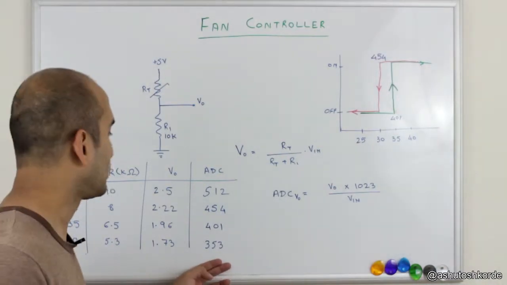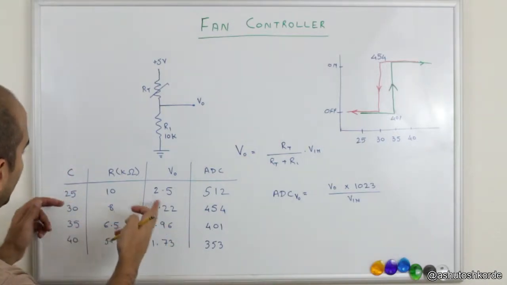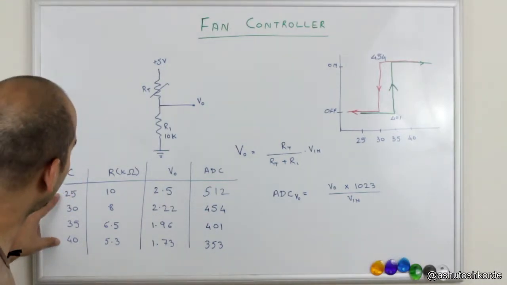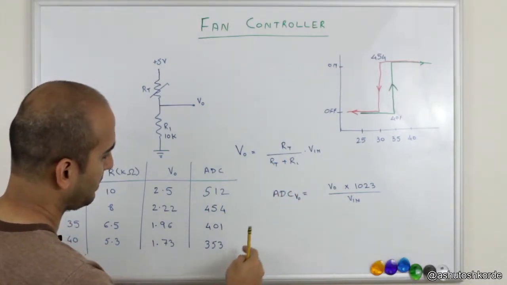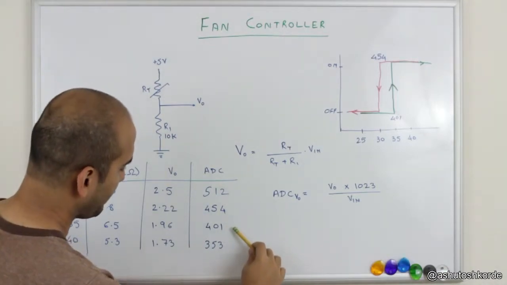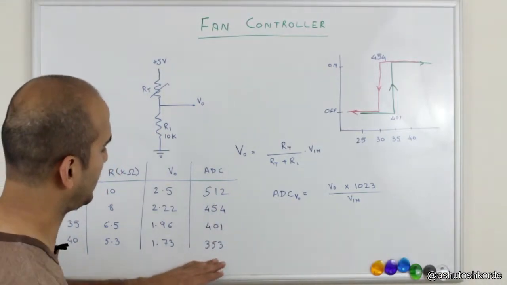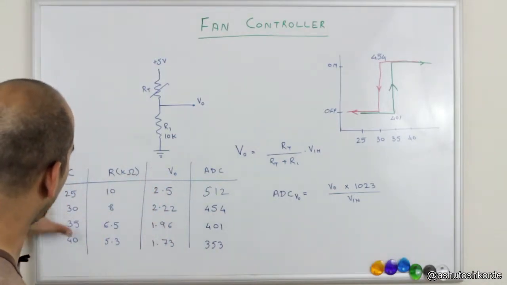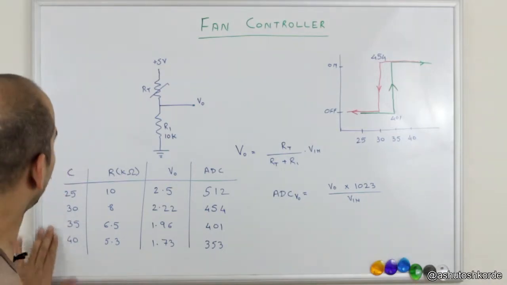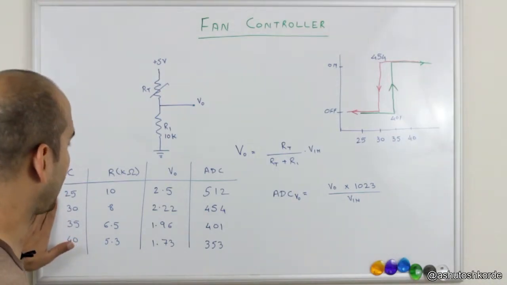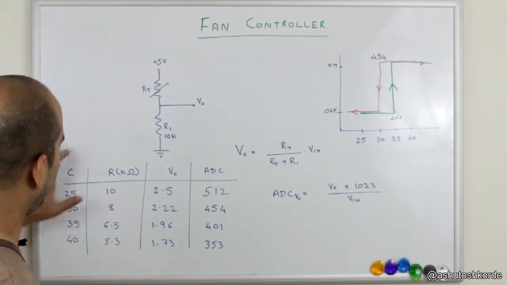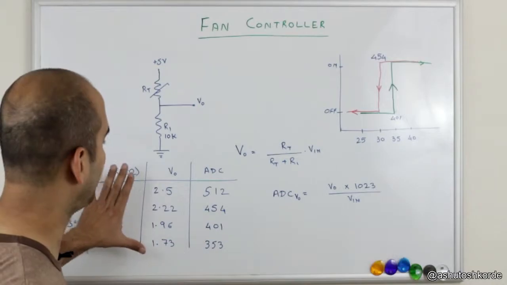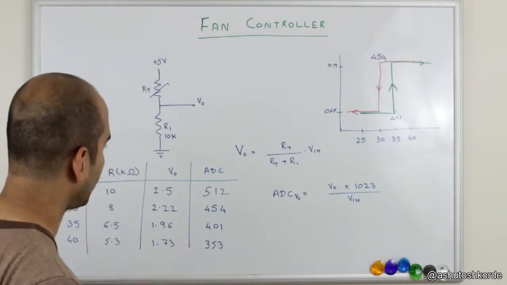In theory, our microcontroller never really has to reverse engineer or come back to these voltages at all. All we need to do is control our fan turning on or off just based off these ADC values that we read off the microcontroller. So we don't need any fancy calculation to get back to our temperature at all. And once we do this in design, that's it. This is never going to change once we program this on our microcontroller.